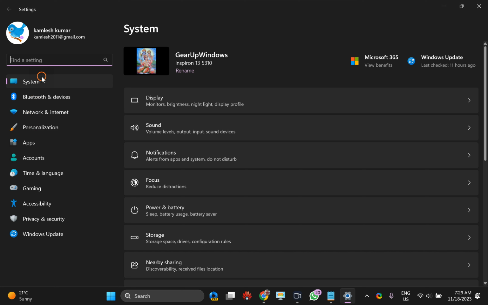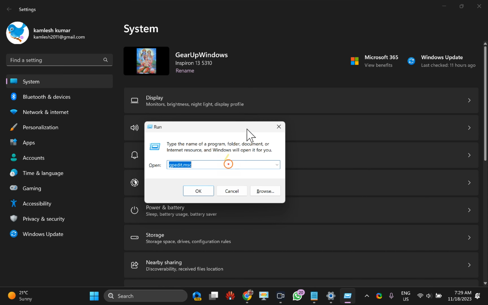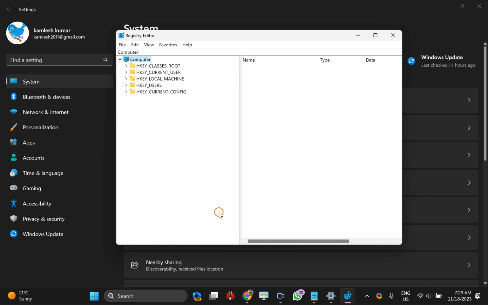Now talking about another method, that is through Registry Editor. For that, press Windows plus R on the keyboard and then type regedit in the Run dialog box and click OK to open the Registry Editor. Here you need to copy and paste the exact path in the address bar.